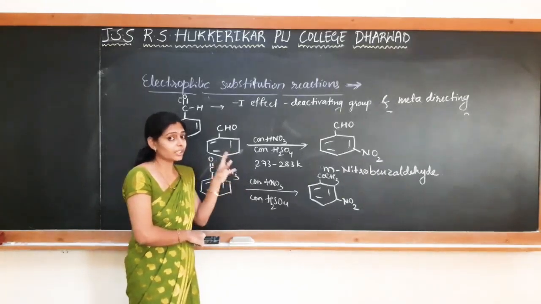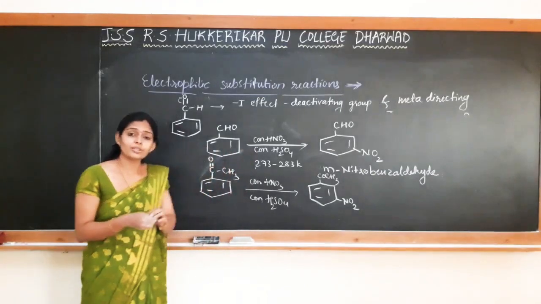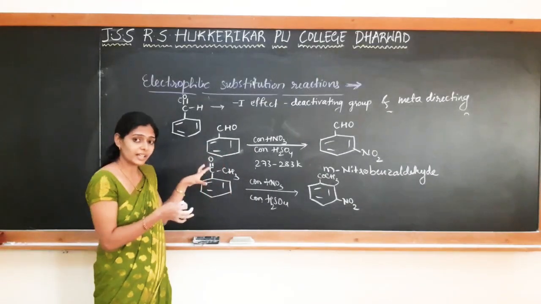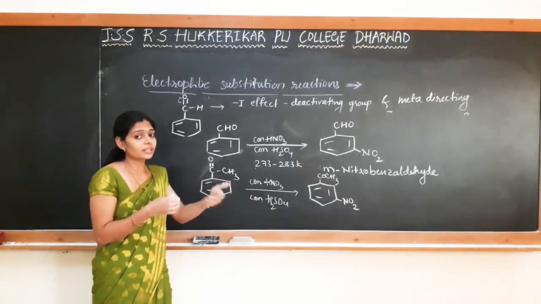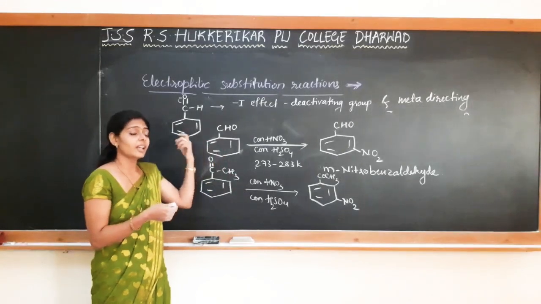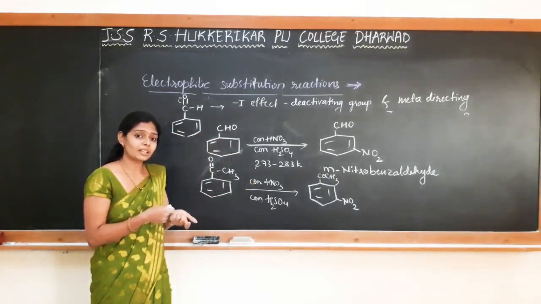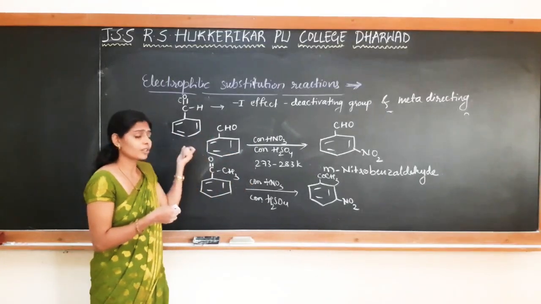Halogenation, I am telling about the halogenation. Cl or Br you can't insert. And as halogens have some oxidizing property, if you take benzaldehyde, it oxidizes to benzoic acid. Rather than ring substitution, it shows oxidation. So benzaldehyde is subjected to oxidation in the presence of halogen to give benzoic acid, and then the remaining reaction takes place. So that is not possible.